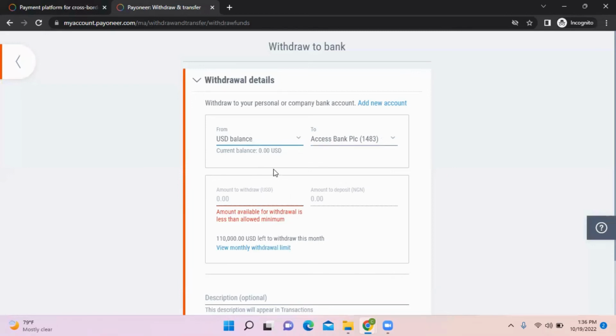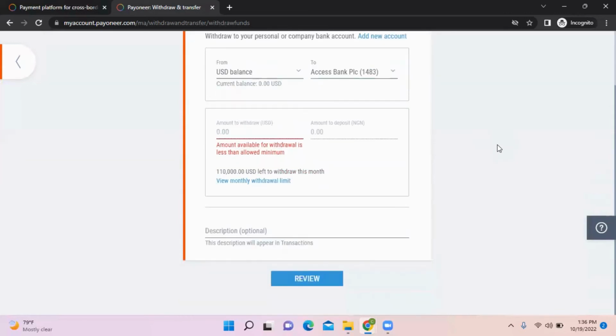All right, but if there is money in your account, what you need to do is just click on the currency that you want to withdraw from. All right, now you already put in your account details. So what you need to do is to go down and you will see where they said description. You can put it down. This description is optional. All right, you can leave it, or if you want to, you can also put it there. So you click on review. When you click on review, it's going to take you to a page where you have to review your details, okay, before you can click on proceed. All right, you click on proceed to transfer, and they will transfer the money to